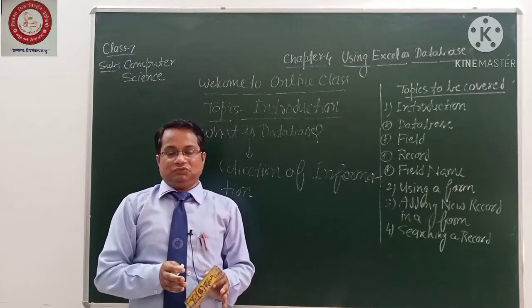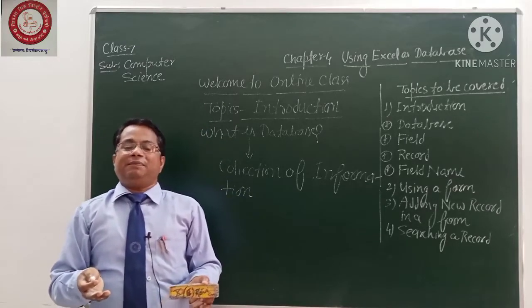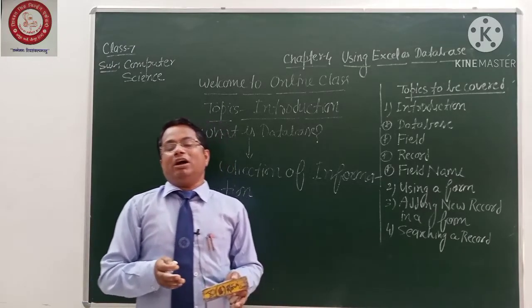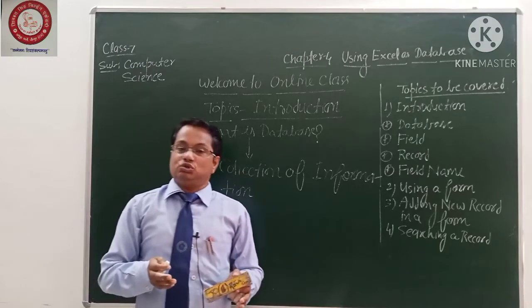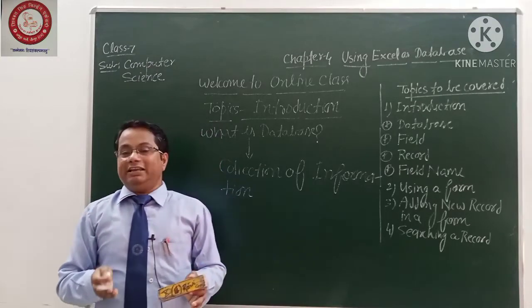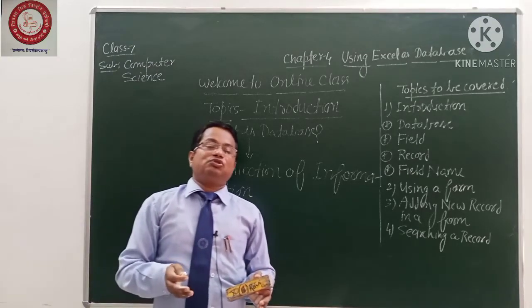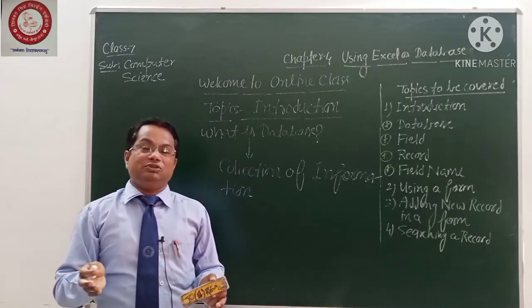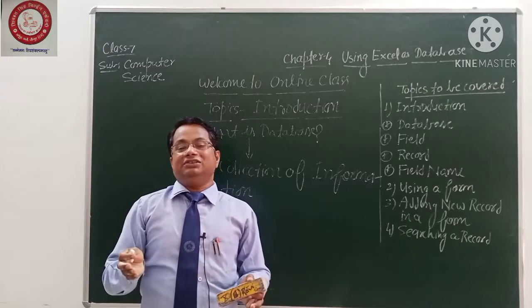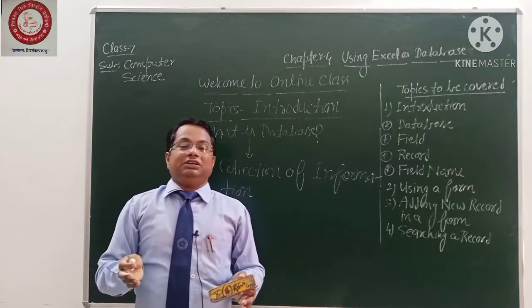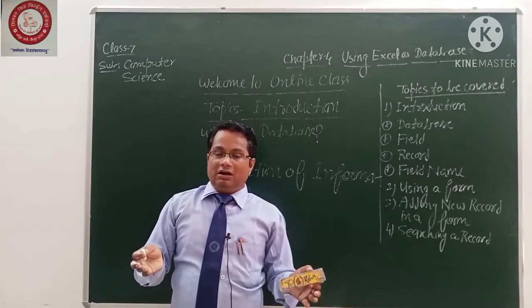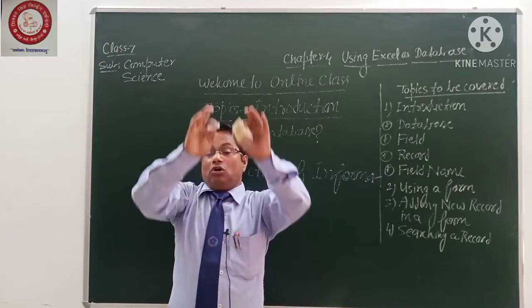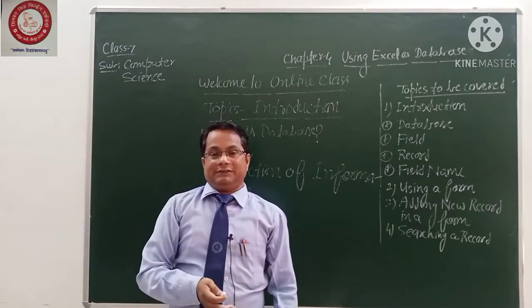Suppose there are particular students, and right now I want to store the details of a particular student. So I can write the name of the student, the class of the student, date of birth, when he took admission, the admission number, how many fees he has paid. Okay, we can store these things. So these are all about the database, right?